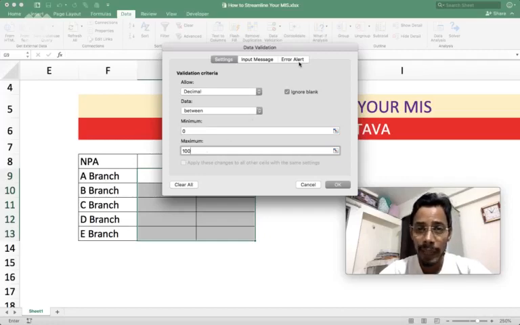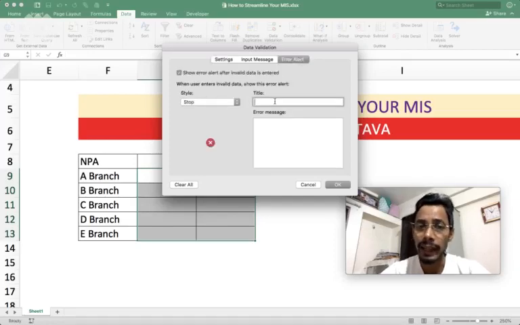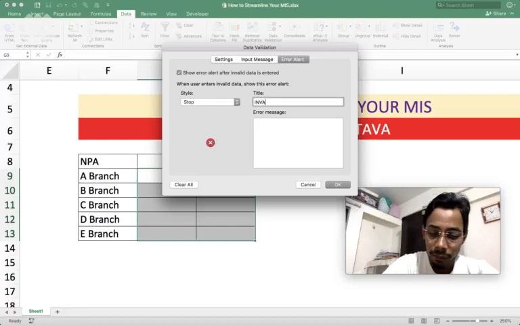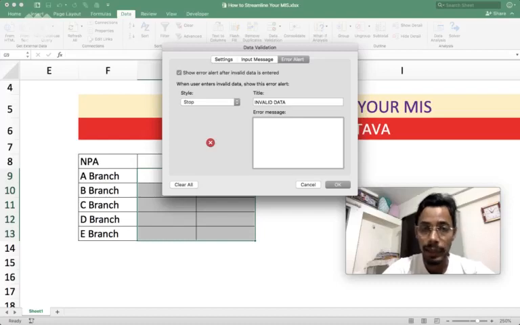Now once I did that, suppose somebody by mistake or inadvertently types a value other than 0 to 100, he should immediately be given a pop-up message, which you can call an error alert. So I want that error alert title to be Invalid Data, and the error message that should be displayed is: Please type a value between 0 to 100. And once I press OK,